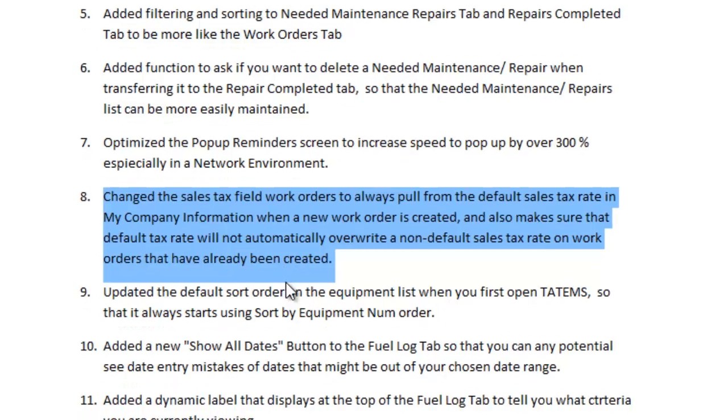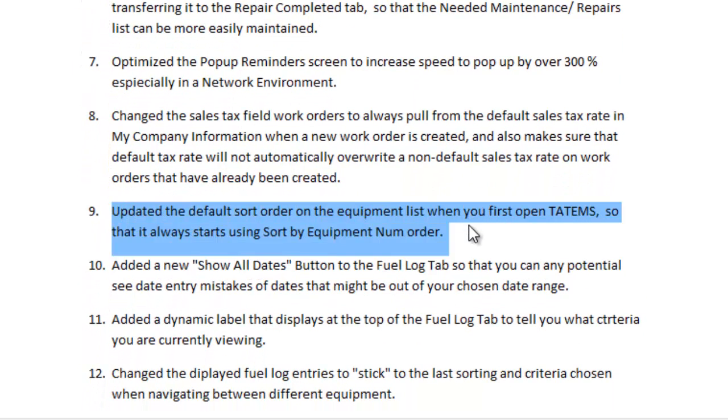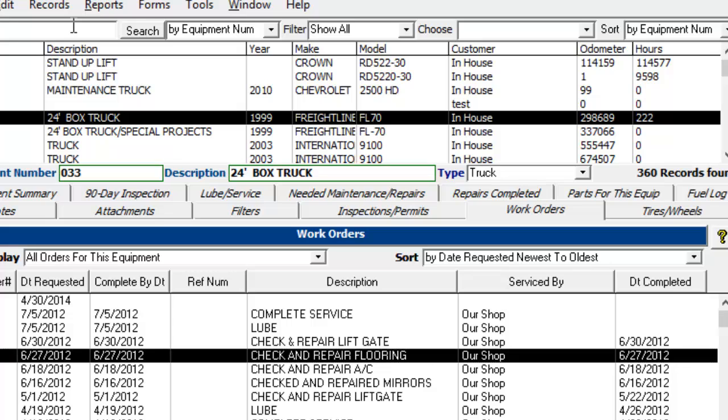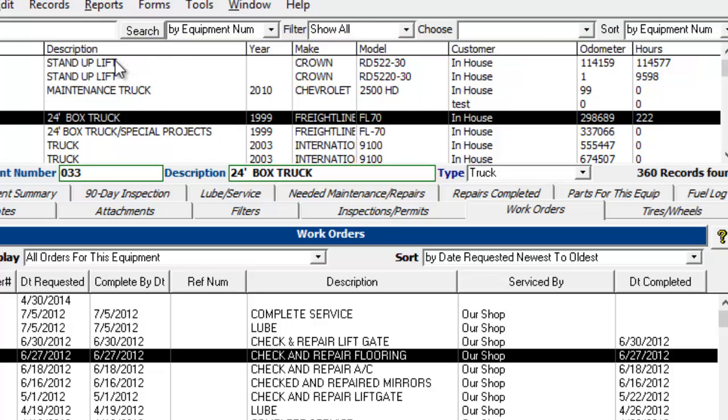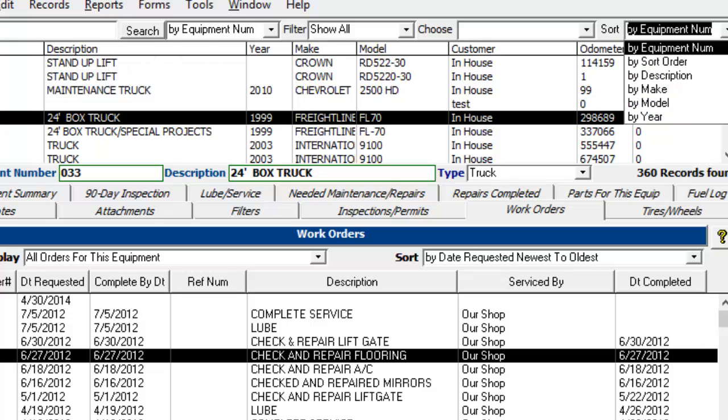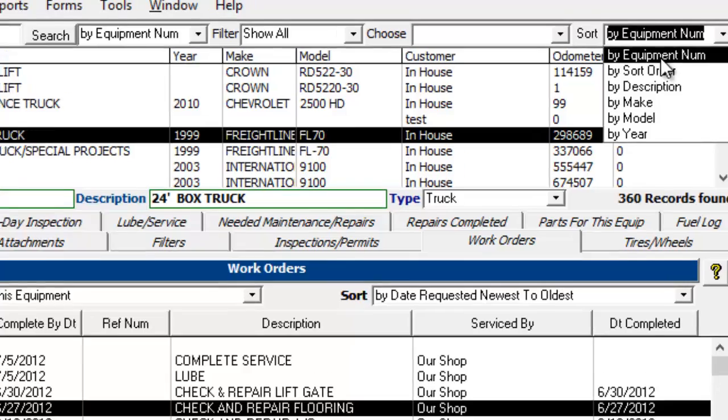Next up, we updated the default sort order on the equipment list when you first open TATEMS, so that it always starts by sorting by equipment number order. So basically that means in the past it was sorting by the ID number, which is not a number that you would actually see or know about. It's an underlying number, like basically the order that they were entered into the system. But now when you start TATEMS, it'll always sort by the equipment number